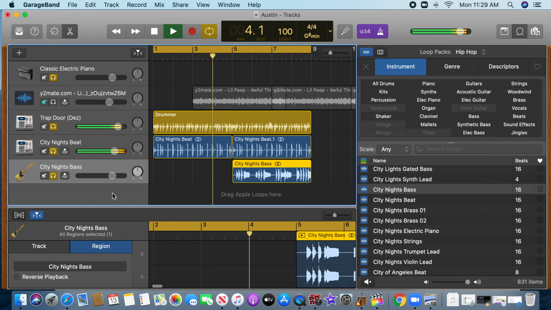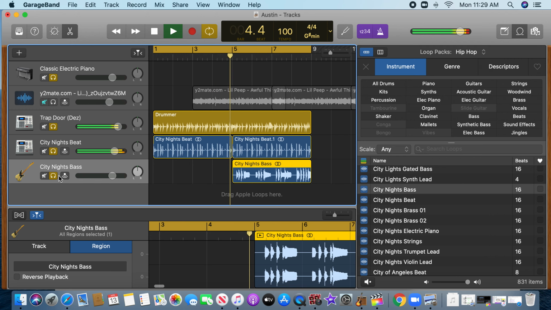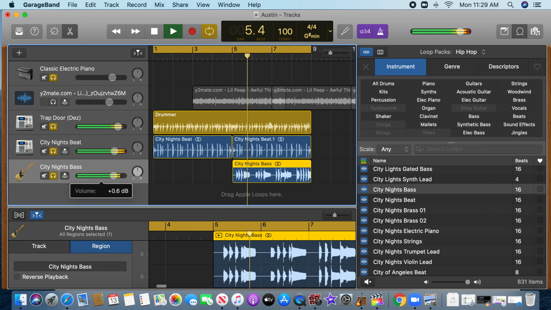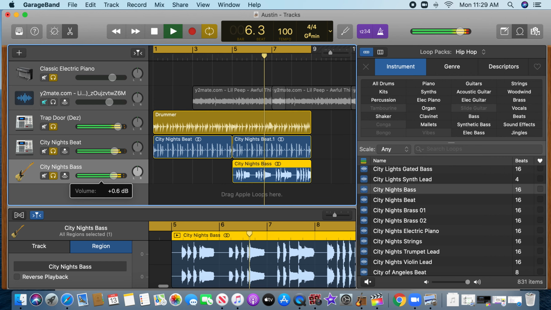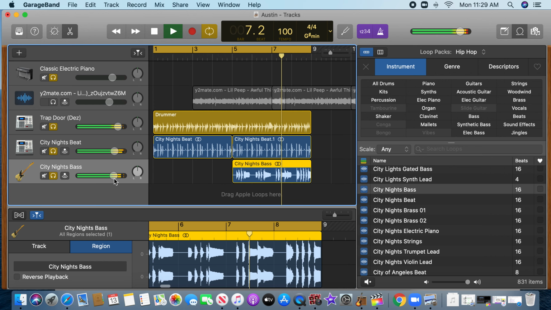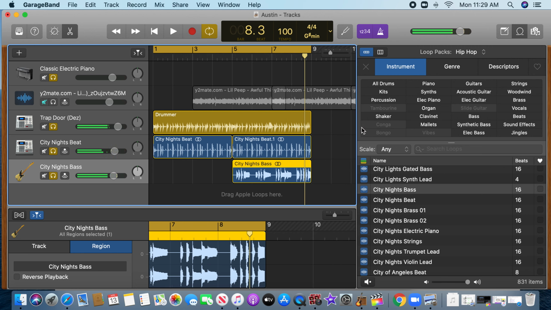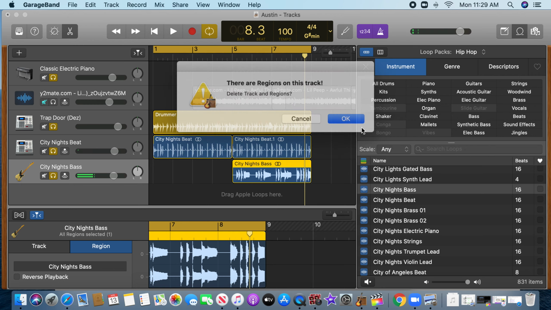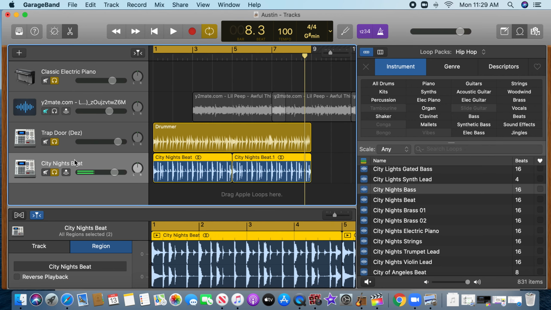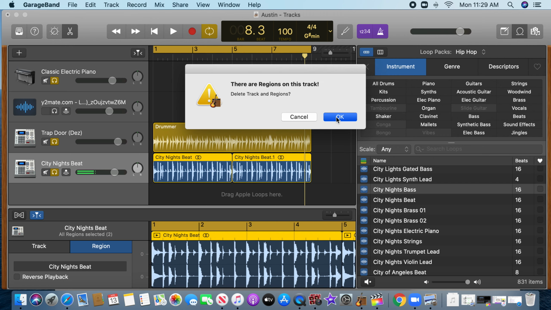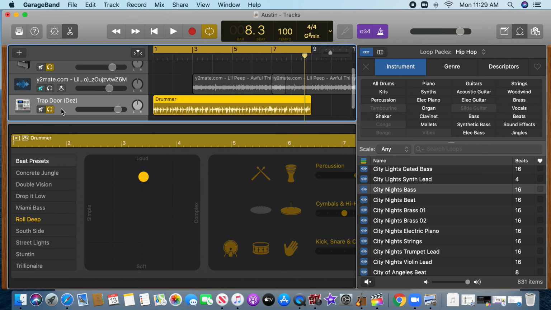Bass should be coming in right here. All right, and again, all this is just playing around. I'm going to delete this, and I'm going to delete this, and I'm going to delete this. Because now we're going to play with